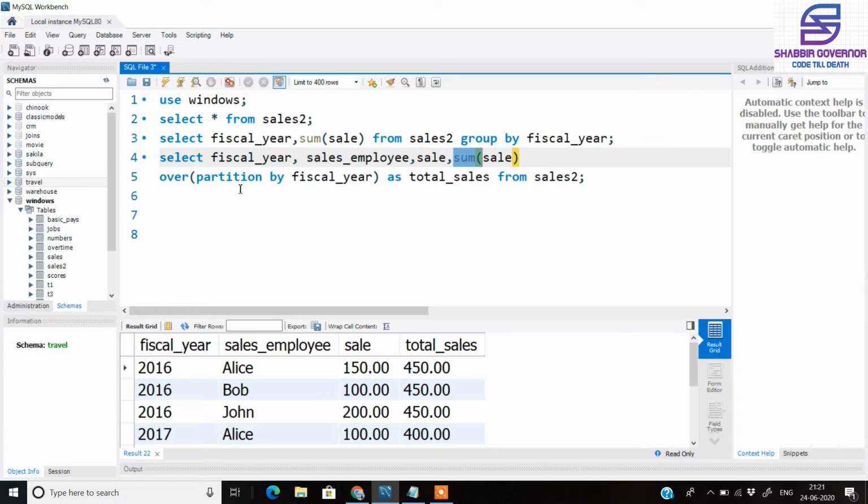So that is being applied, and we are getting this as a new field which is known as total sales, and 'as' is used to give the alias name to it. And this is how we can use window function to get the same result instead of using the group by. So this is the advantage of window function over the traditional querying, that we get all the values that we have in the table along with the output that we want.